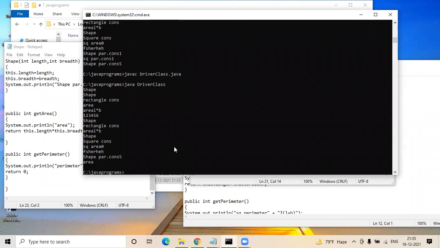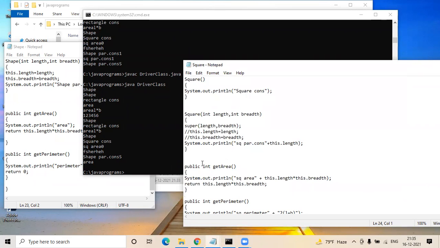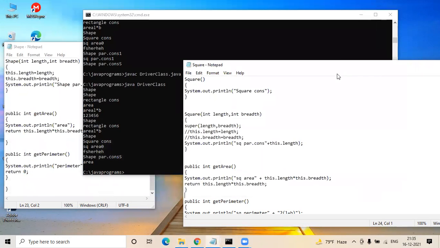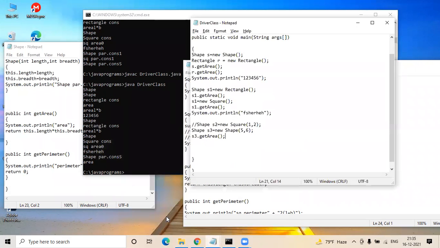If you see here, under my driver class, I am just executing the object of shape alone.